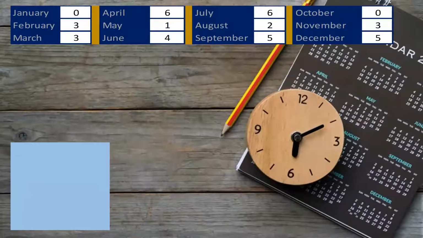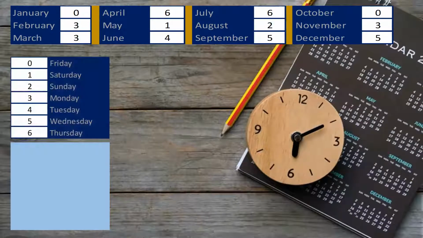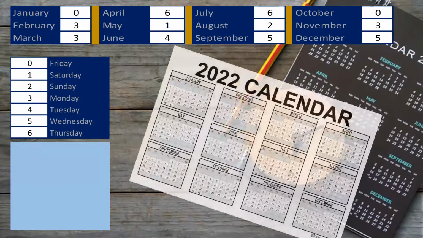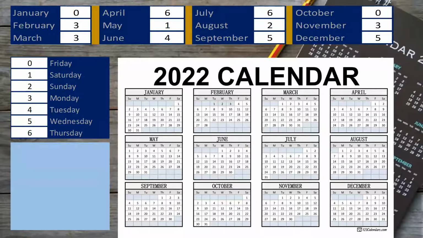Let's bring in the tools that we just shared with you. We shared with you the month numbers. Let's bring in the grid. We shared with you the day of the week lookup based on the remainder. And let's bring in the calendar, the same calendar that we saw earlier. All right, let's now start solving a problem. Let's look at the 4th of July using the calculations we just came up with. So what's the first step? The month number for July. Look up the table, it's 6. So July's month number is 6. 4th of July, so the date is 4.